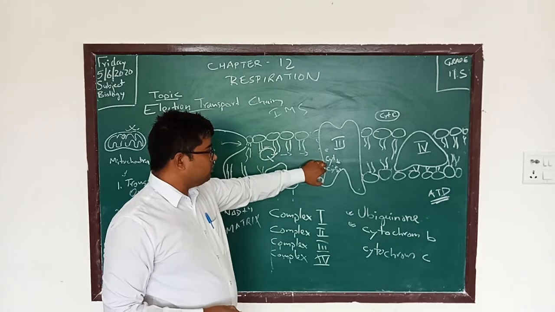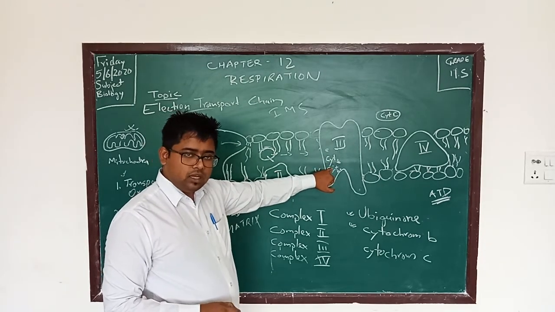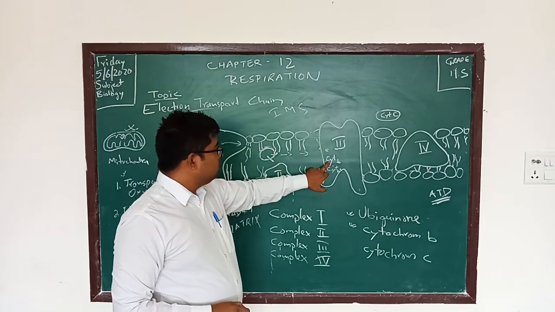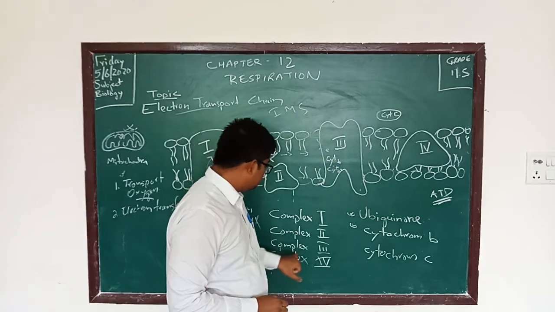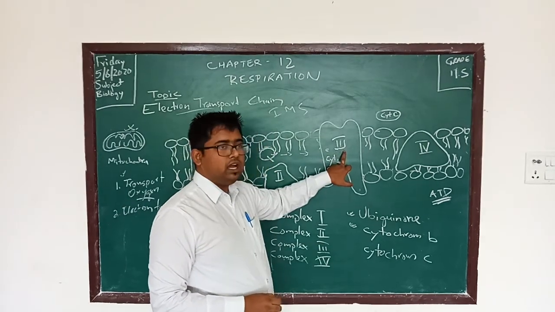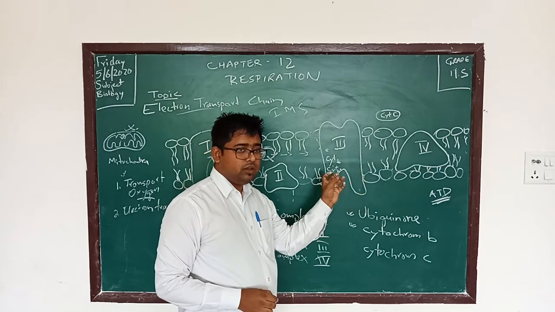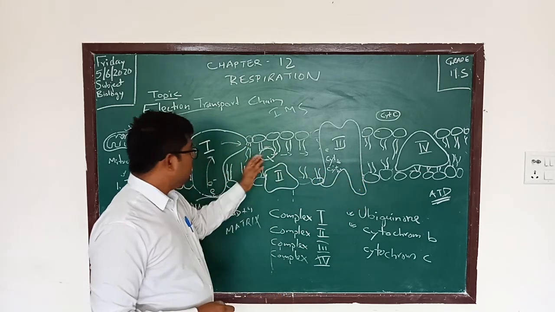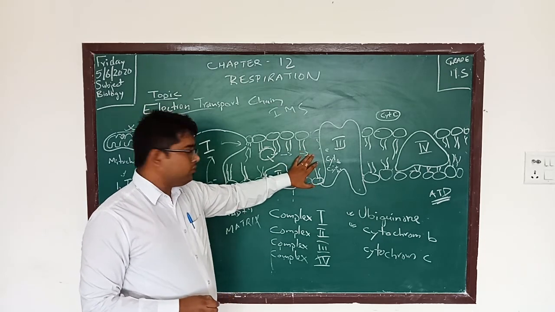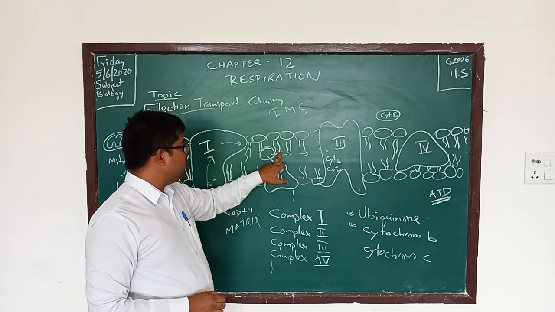So it will take it. What's happening at this end is that the redox potential of complex 3 is very high, so it takes away the electron very fast. And so this one gets devoid of a particular electron, and then it comes back to